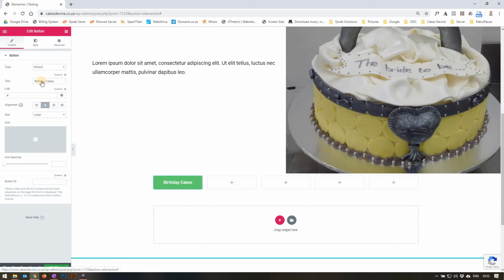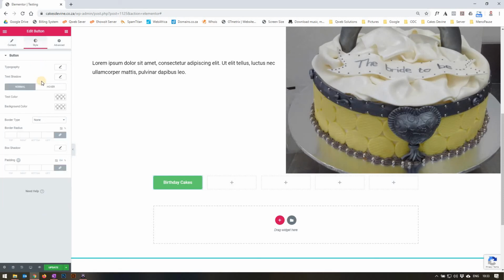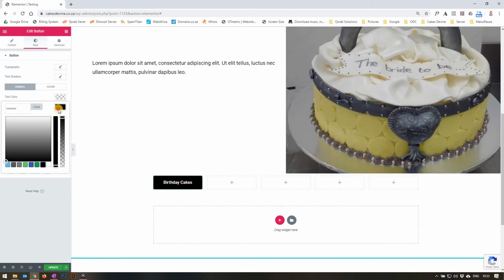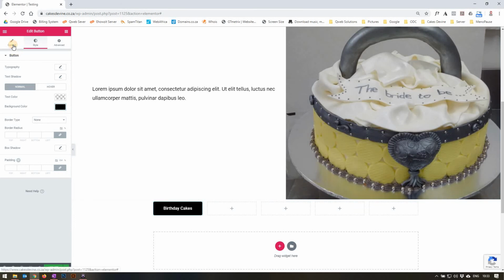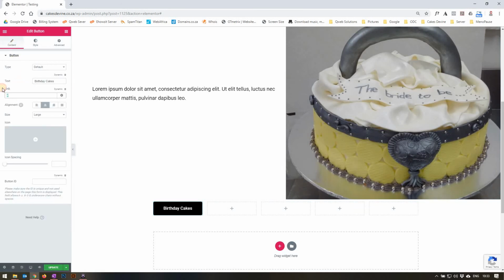Next, we will go to the Style section. Here we will choose the typography, the color, the text shadow, the text color and background color. Text color we will leave white for the time being. However, the green is not what we want. Therefore, we will change the background color to black. Once we are happy with that, we will go back to the content and we will add the link. In this case, it will be